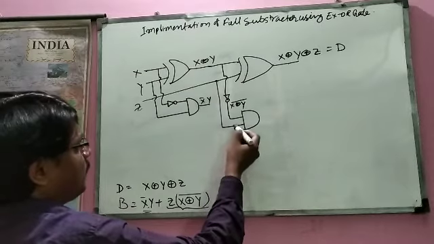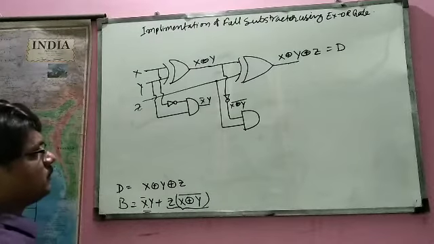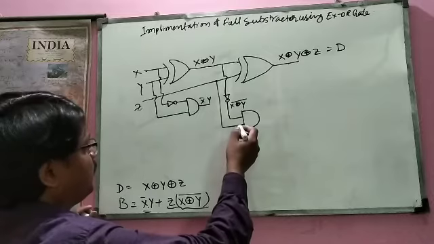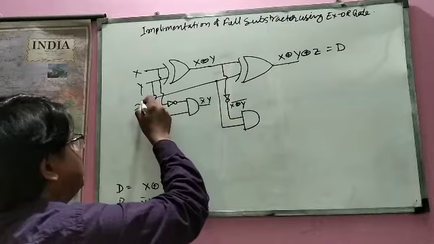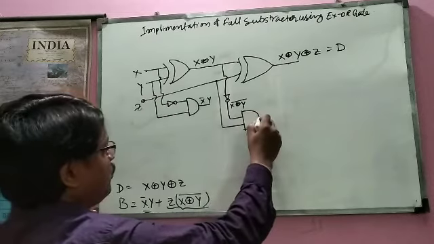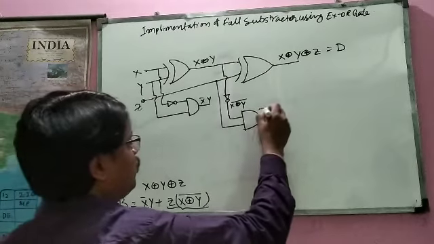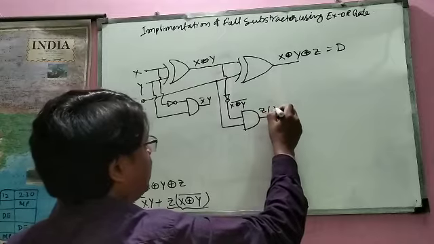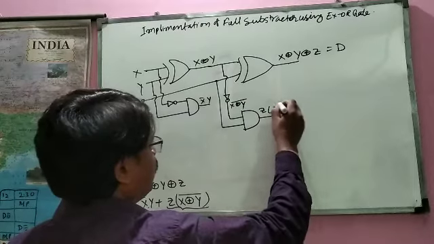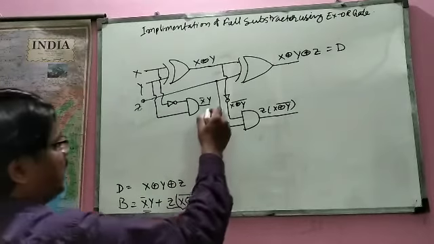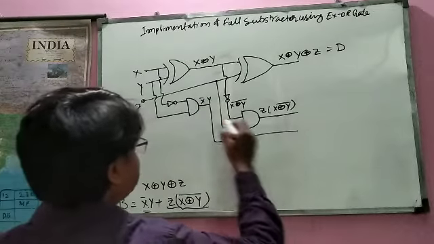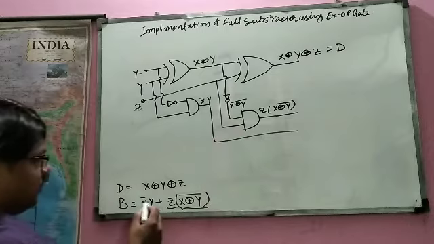This is z. So its value will be z into x XOR y. Okay, and the second thing is here, that is x XOR y, and